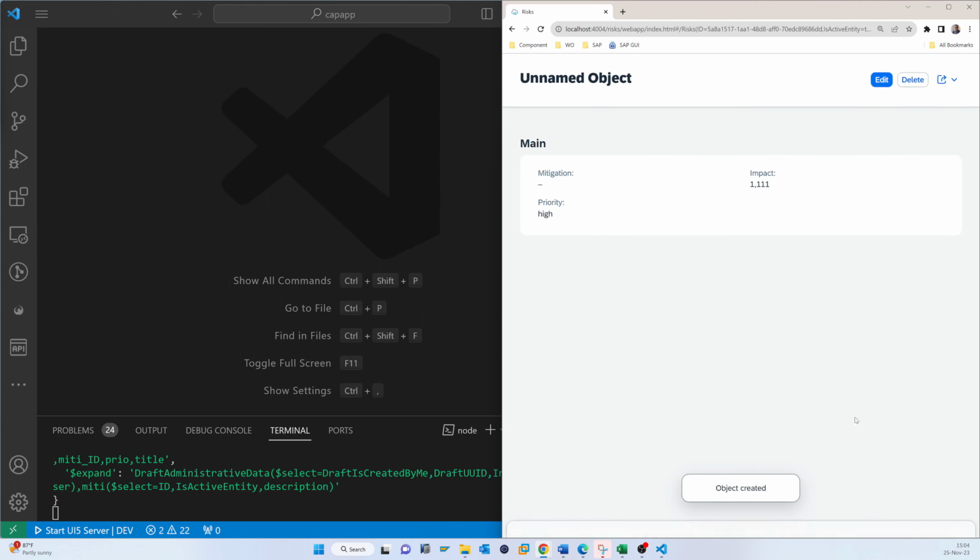So if we create here, object created, and if we go